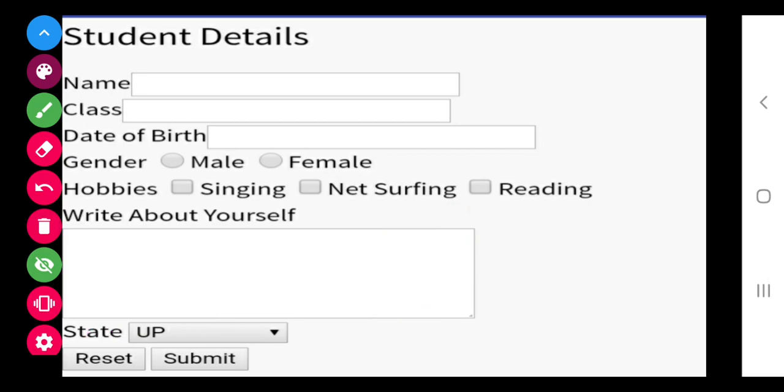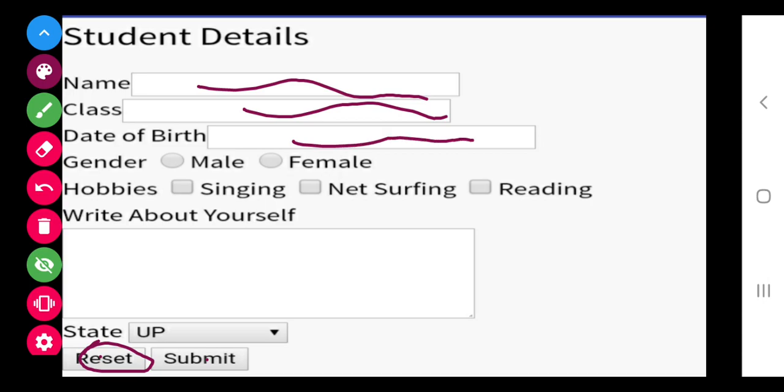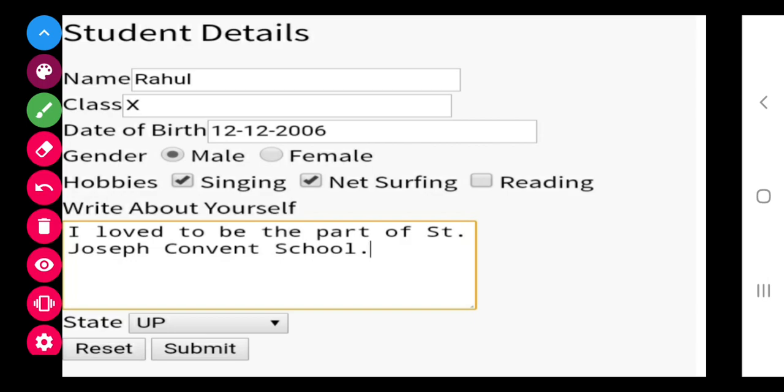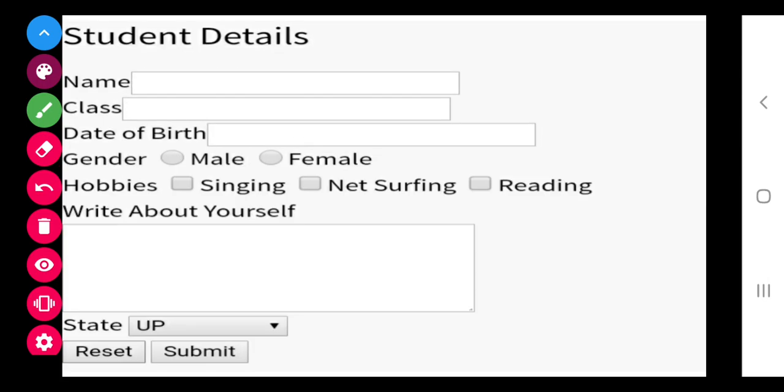And talking about the reset button and the submit button: when you click reset, whatever the user has written here will get blanked again. You can see that I have written everything here, and when I click this reset button, it becomes blank again. And this submit button is for when you have written everything, and when you click on this, it will get submitted to the internet.